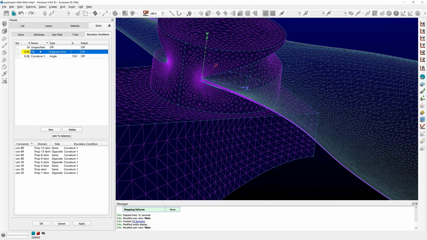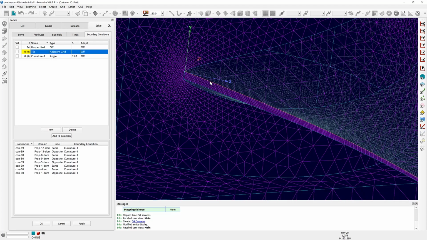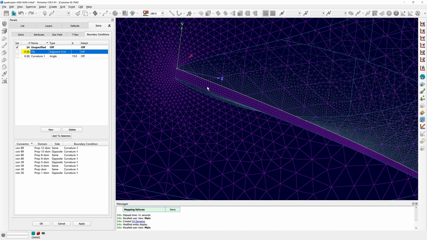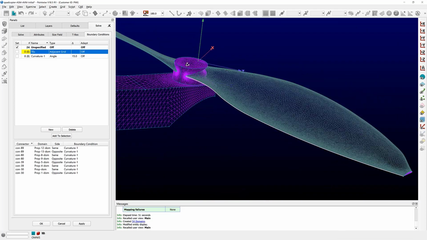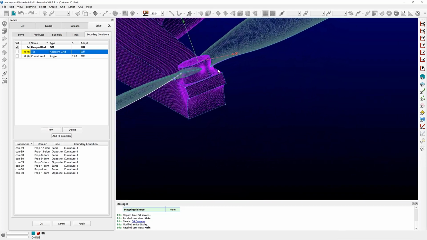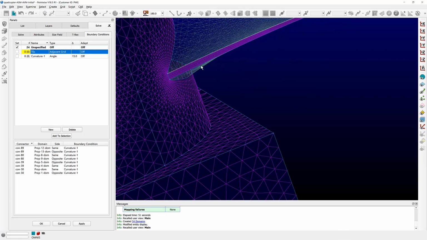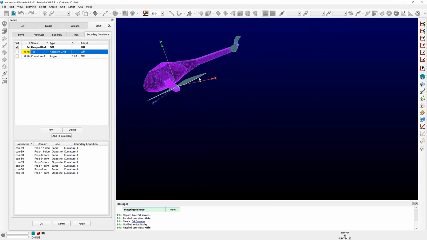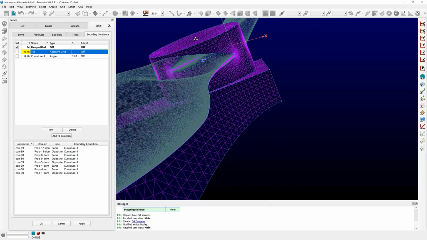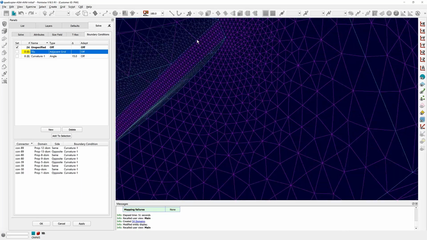Now that my boundary condition has been created, the next thing that I have to do is to assign edges to it. So the way you do it is you put your mouse pointer right on top of these connectors right here. You click the left mouse button. I'm going to move to the next one right here, control click and left mouse button. And I'm going to do the same with all the other blades. I'm going to rotate a little bit and select all of those edges right there to create my anisotropic or stretched cells. Select this one,